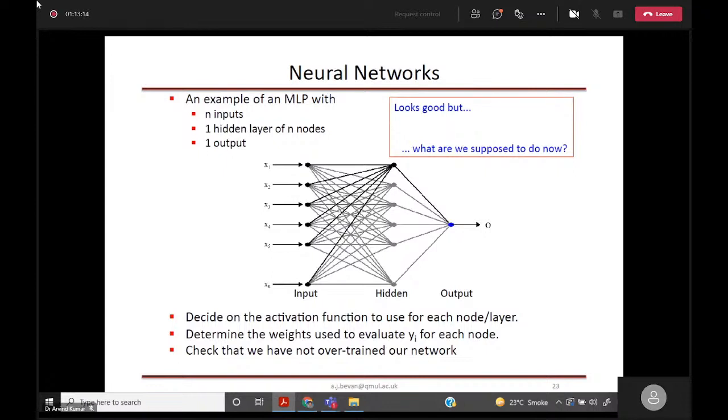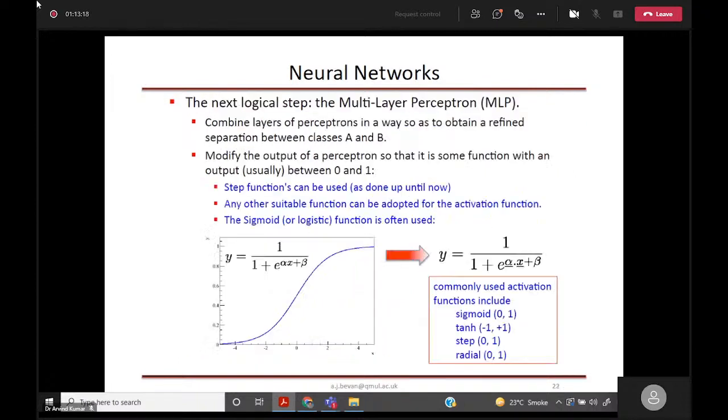Now, how will we get this weight factor? You go to the previous slide. Sorry, that activation function it is called. So how you want to combine this layer of input variables or perceptrons to obtain this refined separation between two classes of event. So we use some kind of step function that is